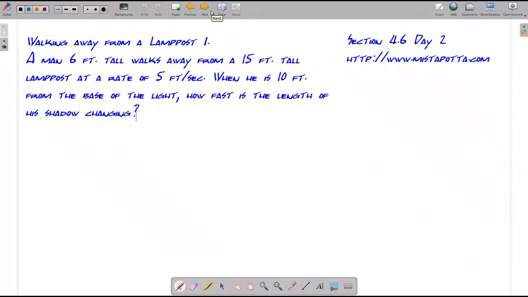I've got a man that's 6 foot tall. He's walking away from a 15-foot tall lamppost at a rate of 5 feet per second. And when he's 10 feet away from the base of the light, the question is, how fast is the length of his shadow